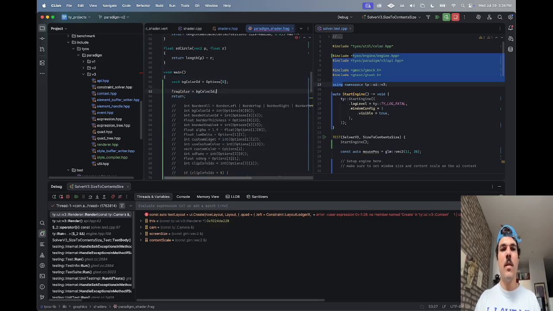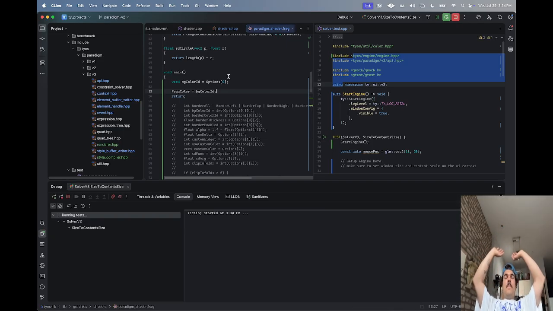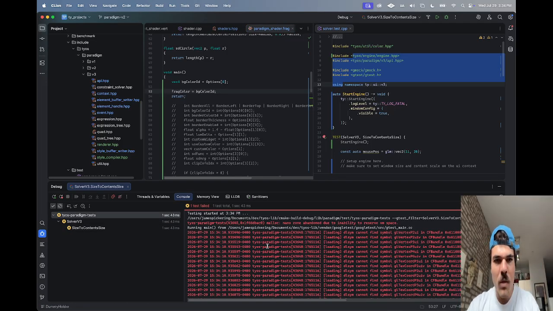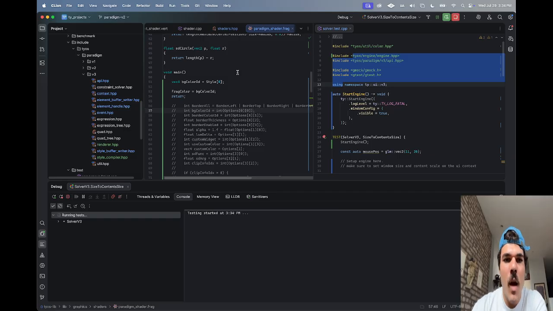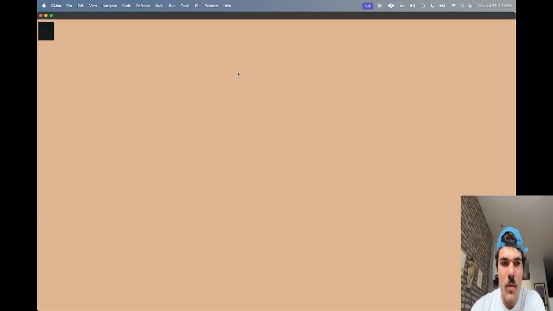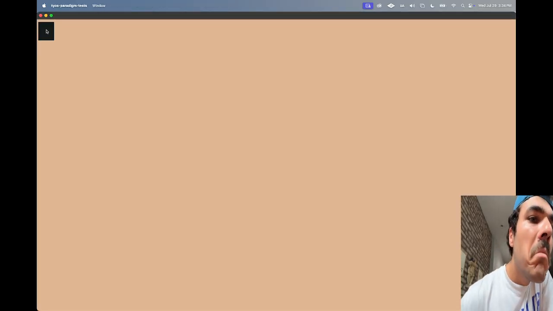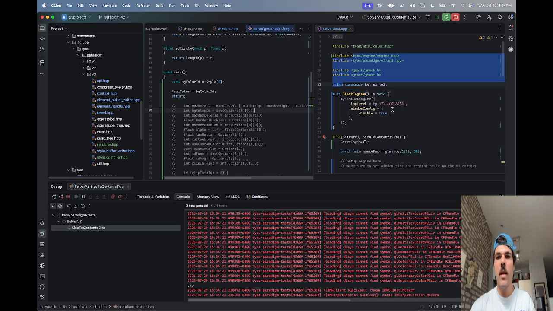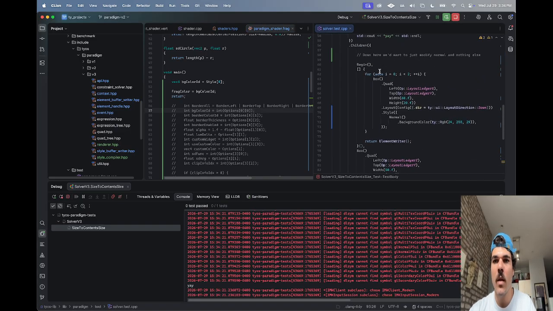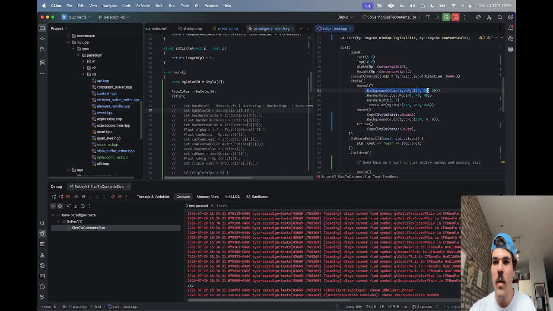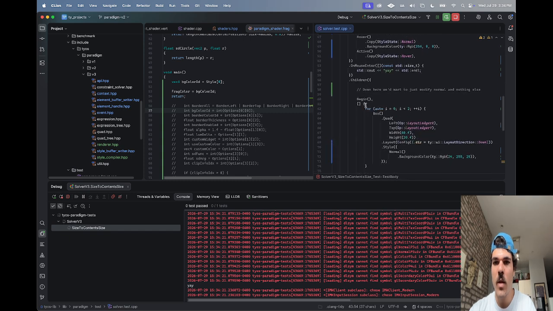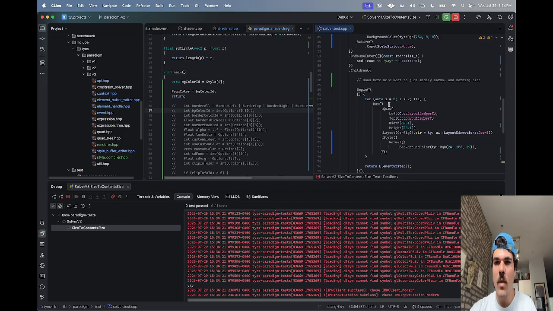Let's see what this does. Run. Ooh. Crash and burn. There's no value named... Yeah. Alright. That makes sense, right? That's the value we set in here. Background color is pretty small. Okay, let's try. For these ones, we'll say